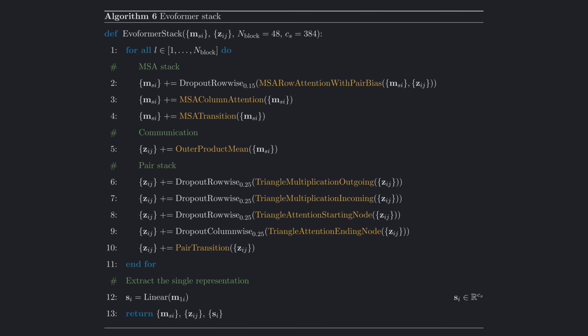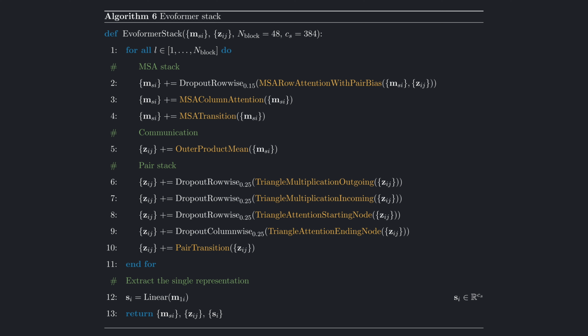Putting all of it together, this is the full code for the Evoformer. The methods in yellow are the AlphaFold specific methods we went through in this video. As you can see, these methods are called in the same order as presented in the flowchart. MSA row attention with pair bias, MSA column attention, MSA transition, outer product mean to go over to the pair stack, then in the pair stack, outgoing triangle multiplication, incoming triangle multiplication, attention around starting node, attention around ending node,